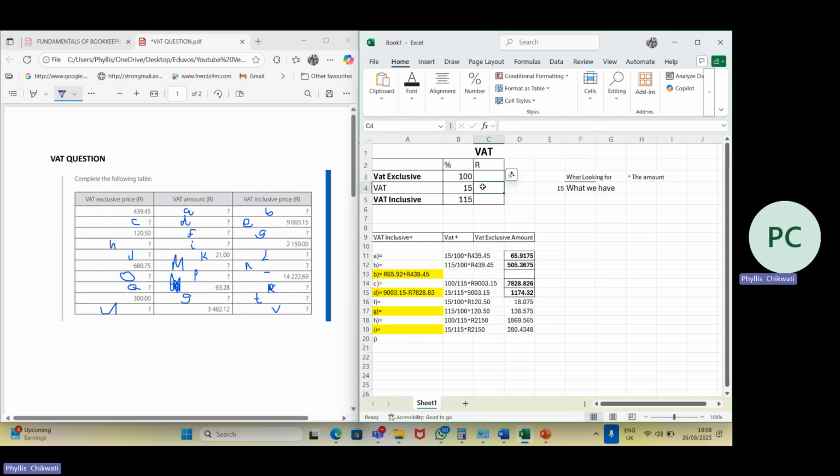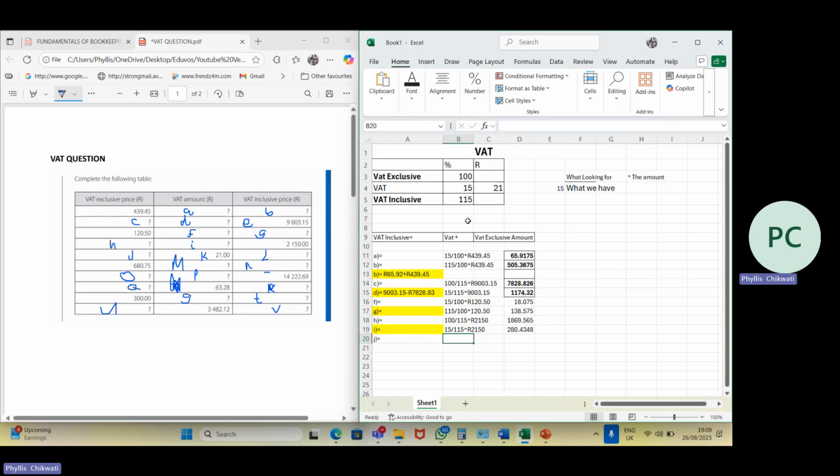We only have VAT. We don't have the VAT inclusive, we don't have the VAT exclusive. So the same principle, which one do you want to start with? Okay, let me just start with my VAT exclusive amount, that is our J. Okay, so with the J, I'm going to say,